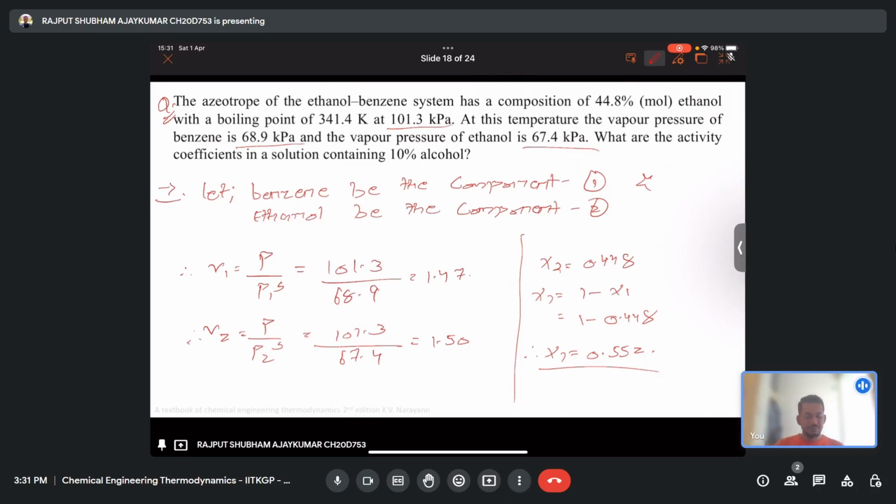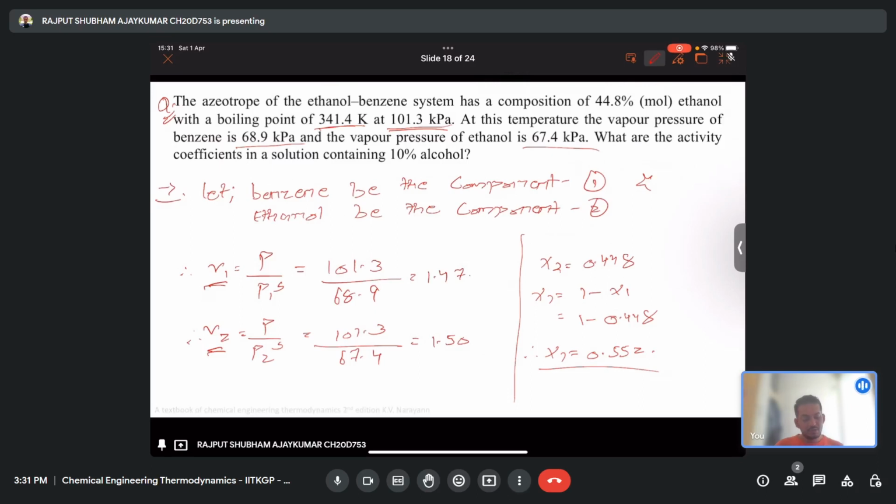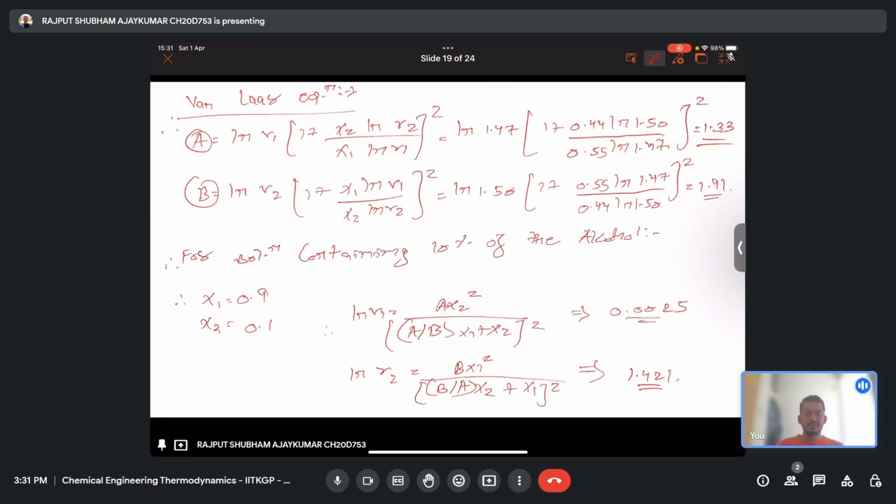Okay, so first what we did, we have taken the pressure and temperature. So the temperature is 414.4 Kelvin and pressure is given as 1 atmosphere, that is 101.325 kilopascal. We have found out the value of the activity coefficients gamma 1 and gamma 2, and we have used these equations in order to find out the Van Laar constants A and B. And from that, what has been asked of us in the question is, what are the activity coefficients in the solution containing 10% of the alcohol. So since we have taken ethanol as component 2, the 10% means 0.1 and the remaining is benzene, that is 90%, 0.9. And from this equation we have found out the value of